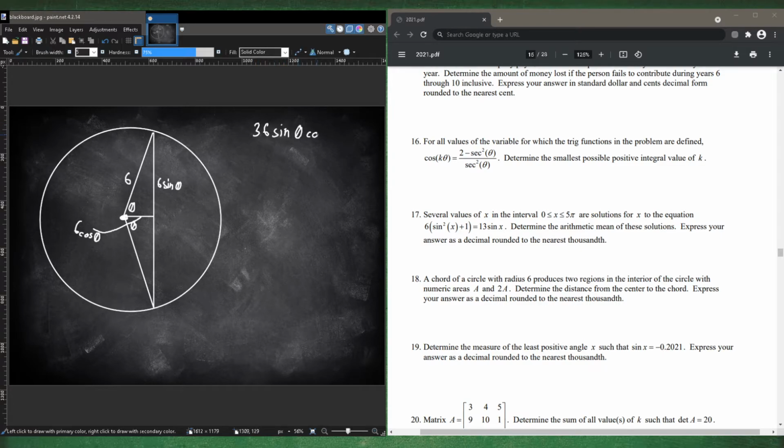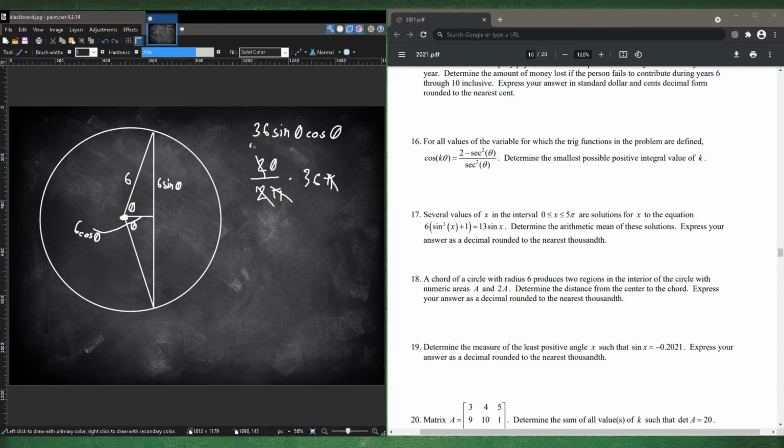Okay, so the smaller area is obviously this, which is A. That means this bigger area is 2A. So to find A, we can take the area of the sector minus the area of the triangle, which we already found. The area of the sector is the proportion of the total area that's in that sector. So that's 2 theta divided by 2 pi times the area, which is pi radius squared. Our radius is 6, so we have 36 pi as our area. So the 2 and the 2 cancel out, and the pi and this pi cancel out, so we have 36